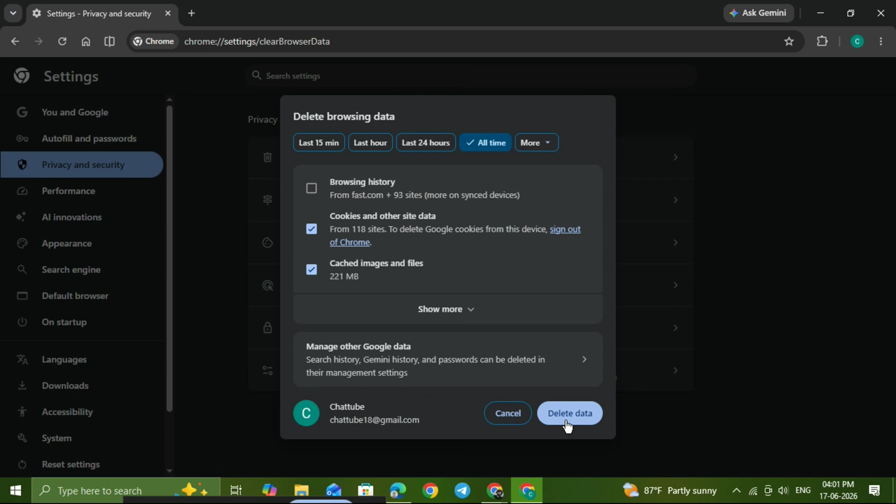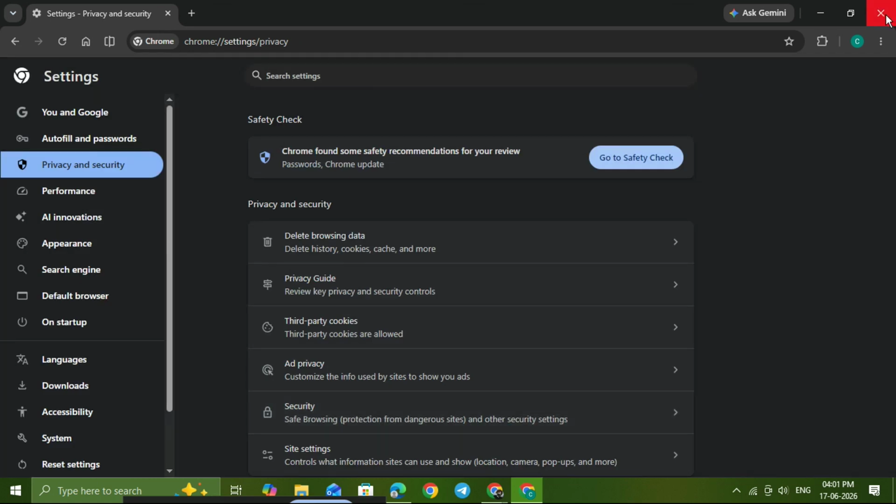After the cleanup finishes, close Chrome completely and open it again. Then test the website one more time. In many cases, this alone fixes the problem because corrupted cookies or outdated cached files can keep forcing the browser to repeat old redirects. If the error is still there, the next thing to do is test the website in